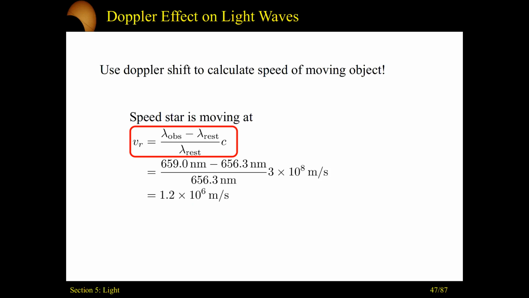So here's a key insight question. Is this object approaching us or receding away? The answer? It's in the difference here. Is this wavelength bigger or smaller than the rest wavelength? It's bigger. Bigger wavelength, that goes to a red shift, a stretching out. So this observed wavelength is red shifted, which means that this object is moving at 1.2 × 10^6 meters per second away from us. So that's how you use a Doppler shift to calculate how fast things are moving in the universe.